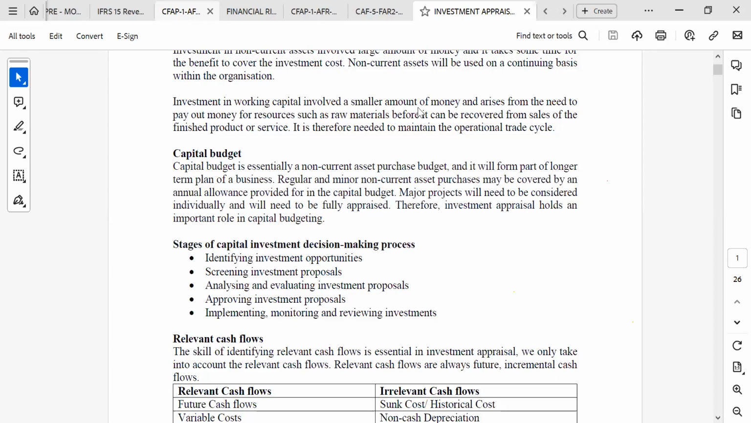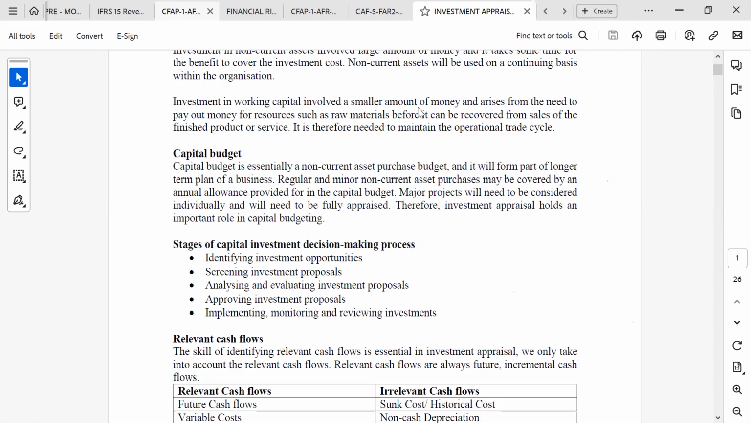So those who have done relevant costing in management accounting, that is what we'll be using over here. So we'll be using relevant cash flows. If we are talking about relevant cash flows, we are talking about cash flow that should be incremental. If you're looking at fixed costs, what will be the increment in the fixed cost if you decide to